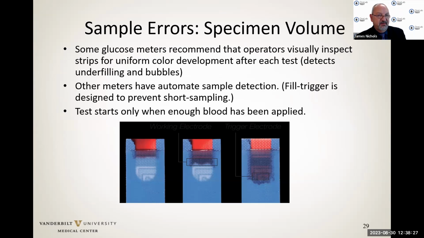Volumes we have to be concerned about. Some devices require a calibrated amount of sample to be pipetted. Others, if you don't get an adequate amount of sample in there, you could get a false negative. Some glucose meters, for instance, will automatically trigger and start the test timing once they sense that enough volume has been added. The question really becomes, if you don't add enough at the beginning, do you have time to go back and re-finger stick that patient, or do you have to start all over again?